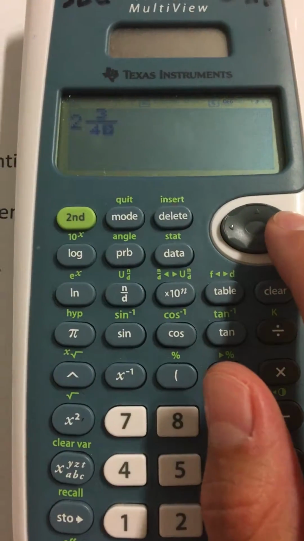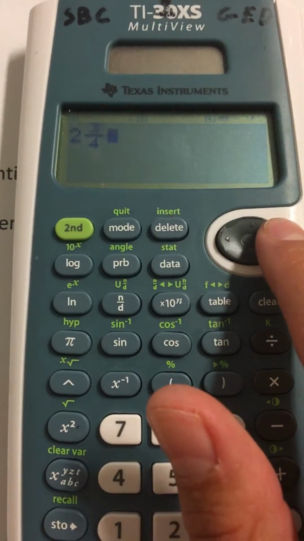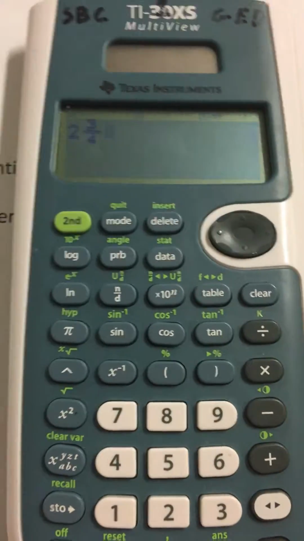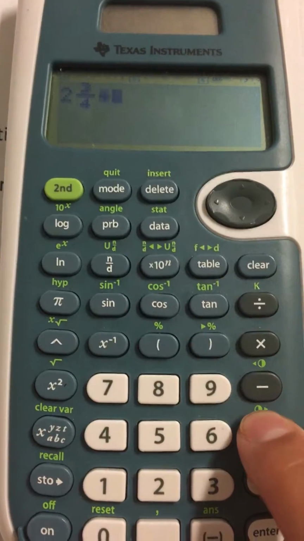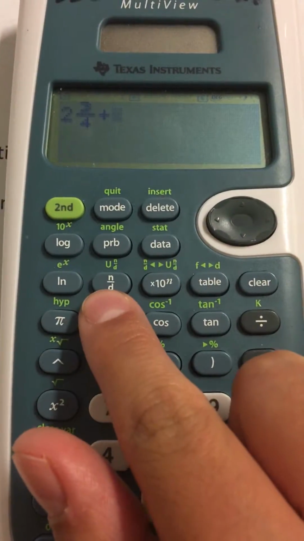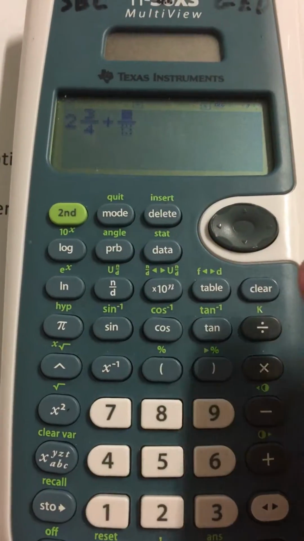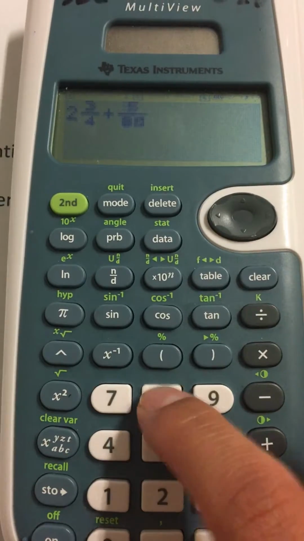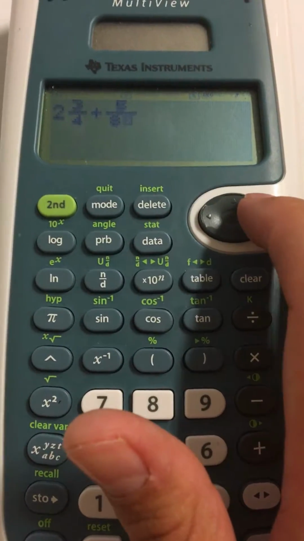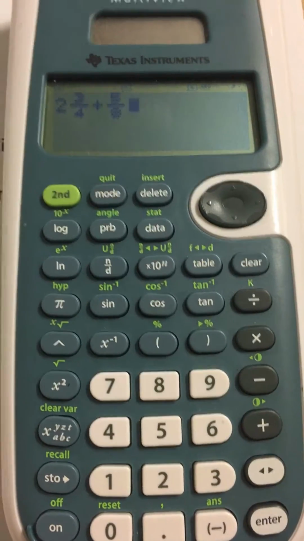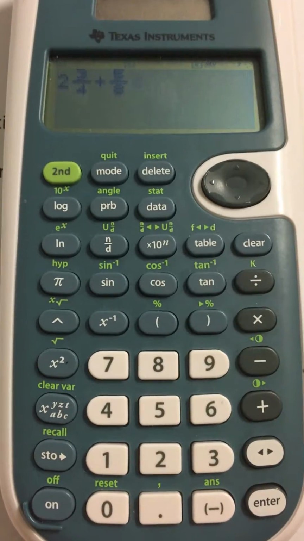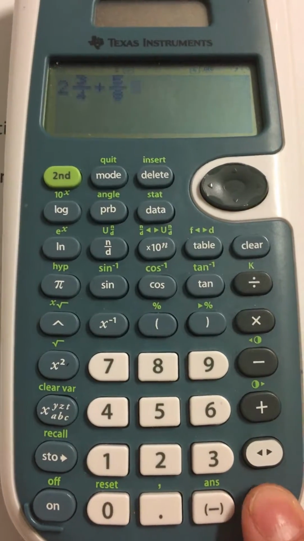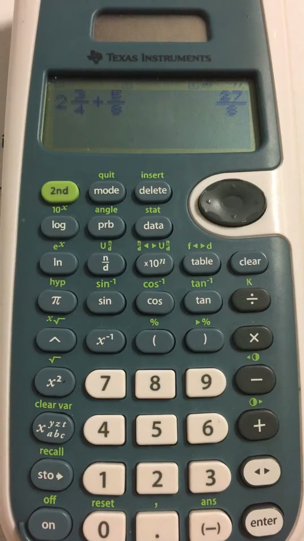Now to complete the rest of the equation, we're going to push the arrow to the right. Now we're going to use the regular fraction symbol, place a 5 in the numerator and an 8 into the denominator. Move the arrow to the right next to the fraction. Now that we have completed the equation, we're going to go ahead and press enter and get the answer 27